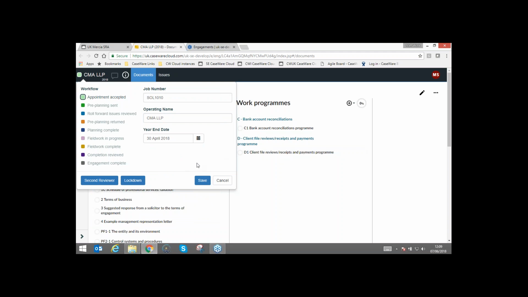This window will also provide us with a little workflow showing up down the left-hand side. Now the workflow is a semi-automated workflow. Some of this element will move on automatically. There are other elements of the workflow that we will need to go through and actually manually move on. So for the initial appointment accepted, that's our starting point. When we go to pre-planning sent, that can all be linked with our prepared by client or query within Smart